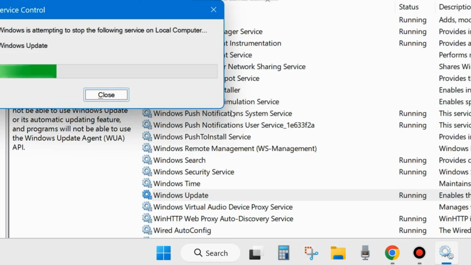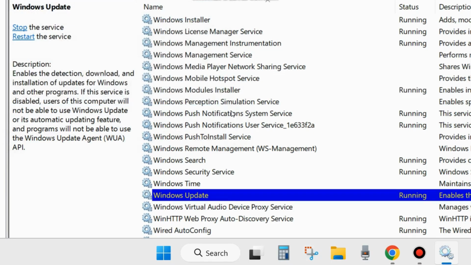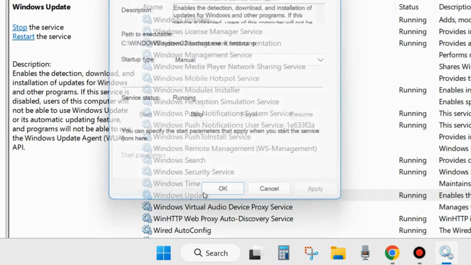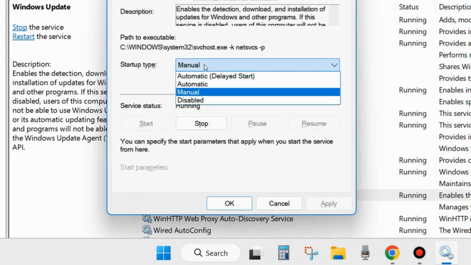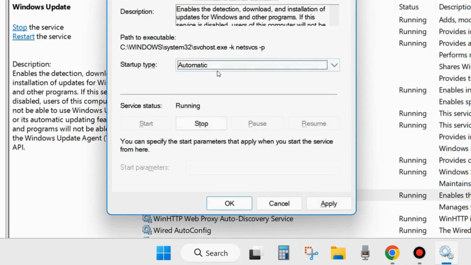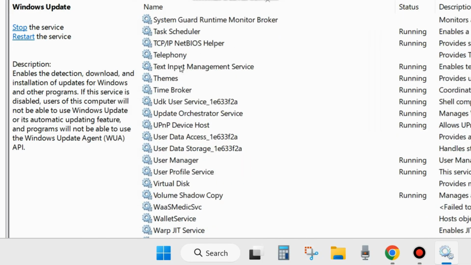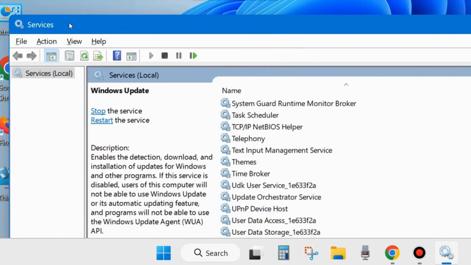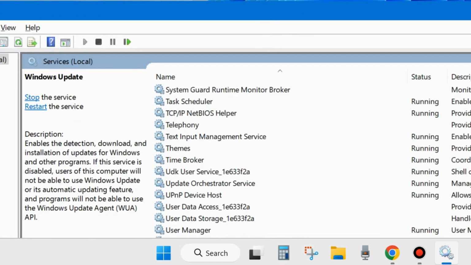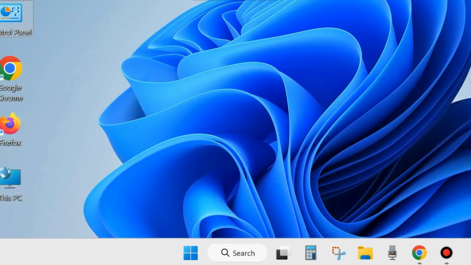Apply a double click on it to open its properties and go to startup type and set it as automatic and choose apply and OK to save the changes. After that, close the services windows and check whether your Windows Update installing or not. If not, go to the next fixes,